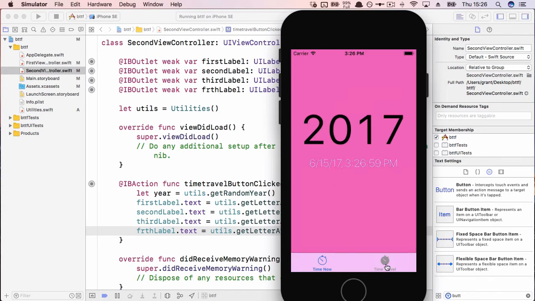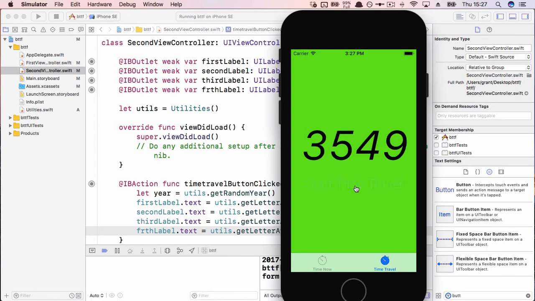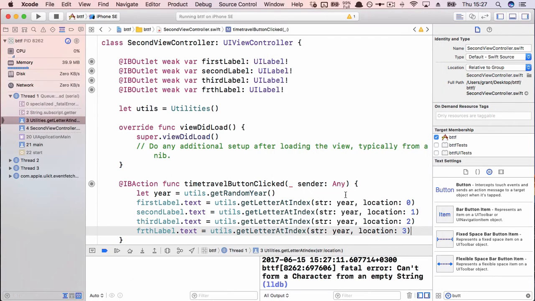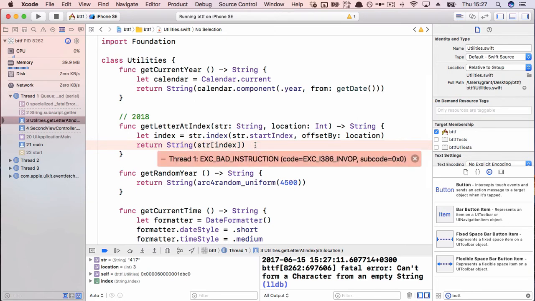Let's go to our time travel, so click the tab at the bottom. Wait for it to appear on the screen, as mine needs to do, and click Start Time Travel. And we have moved to a year. Now I've just clicked that again, and we've had an error. So you might not get that, but I did get that. What has actually happened here? Now, I was waiting for this to happen because if we click this error, there's a little box next to it that makes no sense to anyone unless you're a computer,